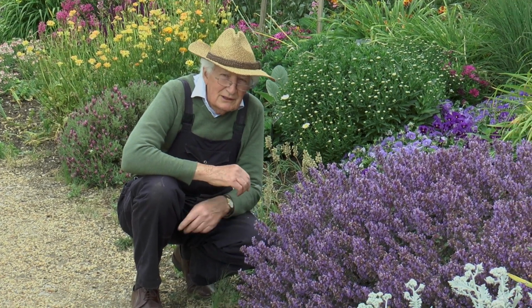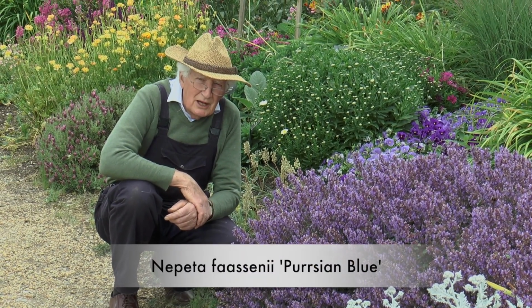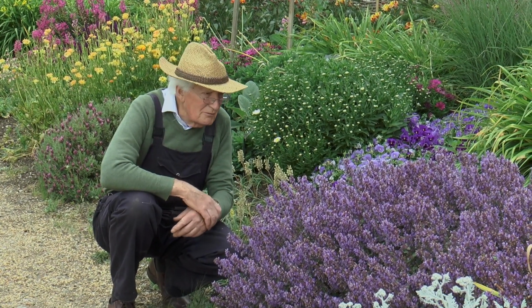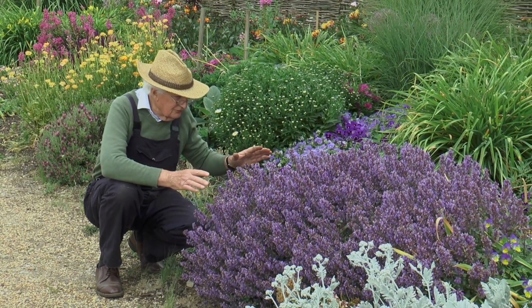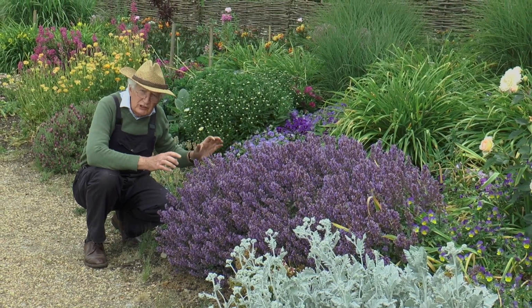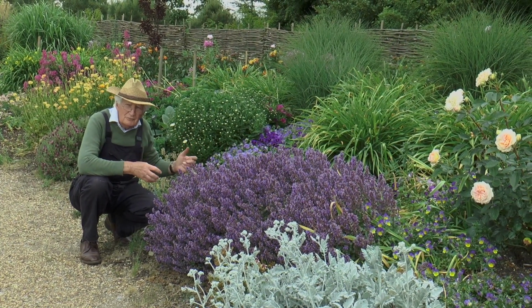I think this catmint, Nepeta, Purrsian Blue, is one of the best plant introductions I've seen in 20 years. It really is quite remarkable. Stays absolutely compact, and as the flowers go over, and some of these are just beginning to go over, if you shear it back, water and feed it, up it comes again and does that time and again right the